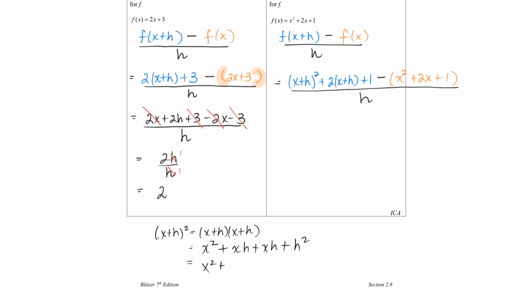X squared plus 2xh plus h squared. So be really careful when you're expanding this square that you don't forget that you're going to have middle terms, right? So I'm going to end up with x squared plus 2xh plus h squared, distributing here, 2x plus 2h